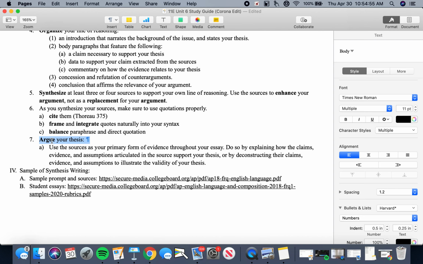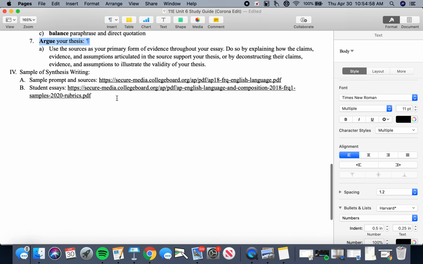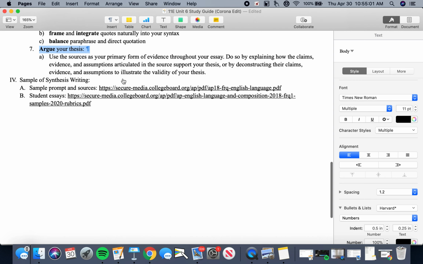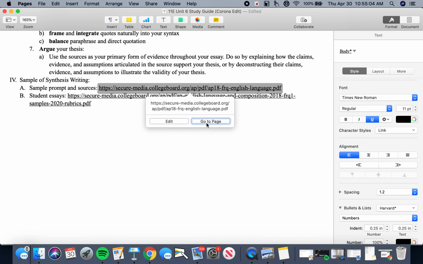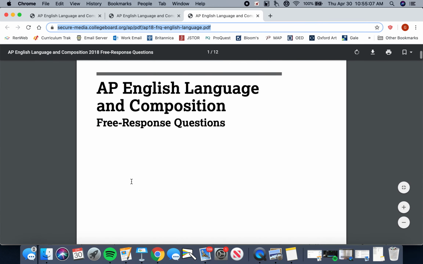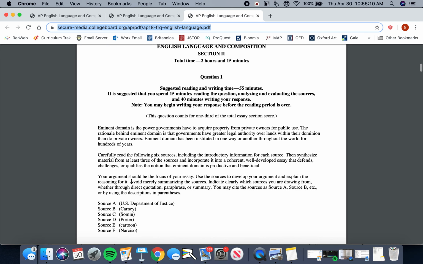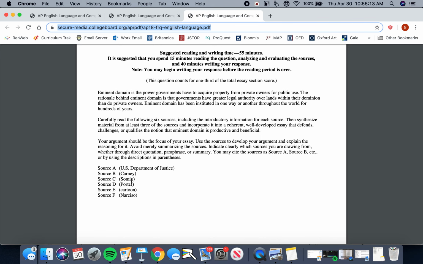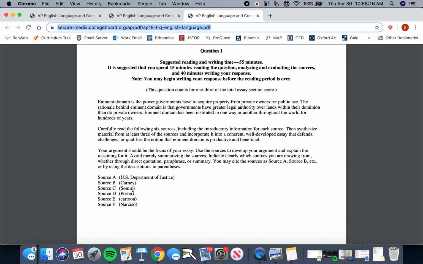Okay. So what does this look like? What do these prompts and sources look like for you AP students? Well, let's quickly go to this page and take a look at a past exam. This comes from the 2018 exam. All right, I will not be giving you this question, but this is what these questions look like. All right, there's a little bit of background information here that introduces the topics. There is the prompt itself, all right, which requires you to synthesize material from at least 3 of these sources and incorporate them into a coherent, well-developed essay that defends, challenges, or qualifies the notion that eminent domain is productive